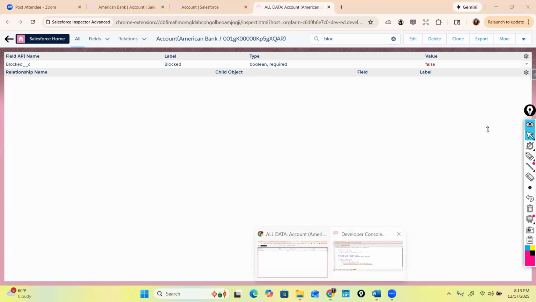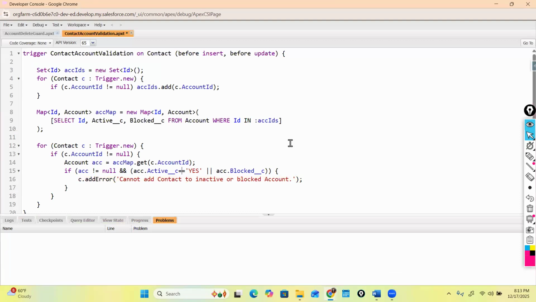So here, if I say yes, or if the blocked is no, that's what we want to do, right? We want to throw the error if it is not active. So that's why it's throwing the error, because that checkbox is not checked. Oh, I know what you're saying. So here if I say active is equal to no, or the blocked,